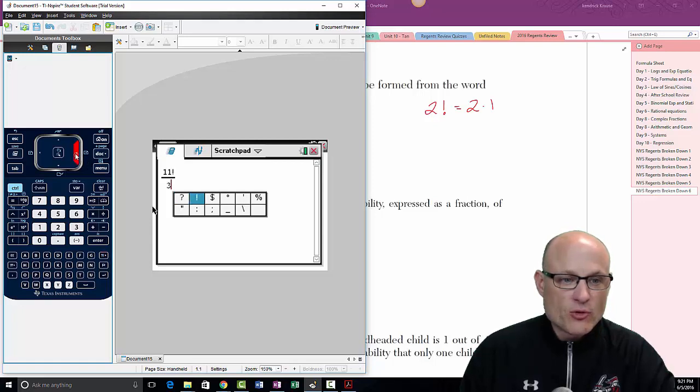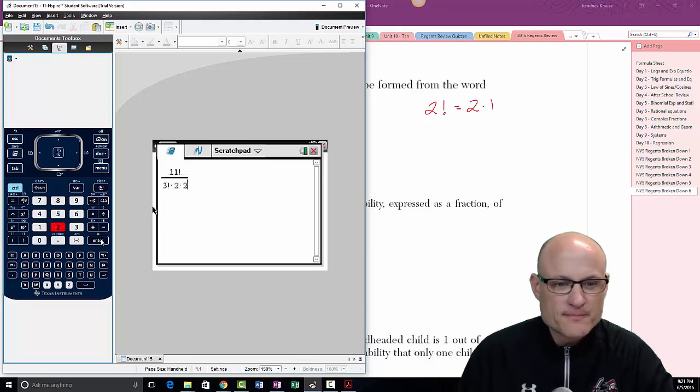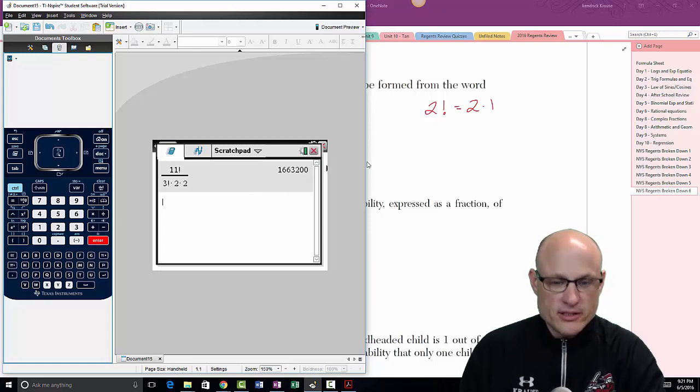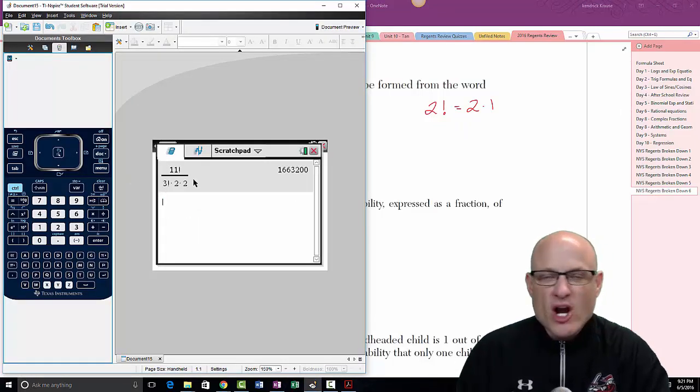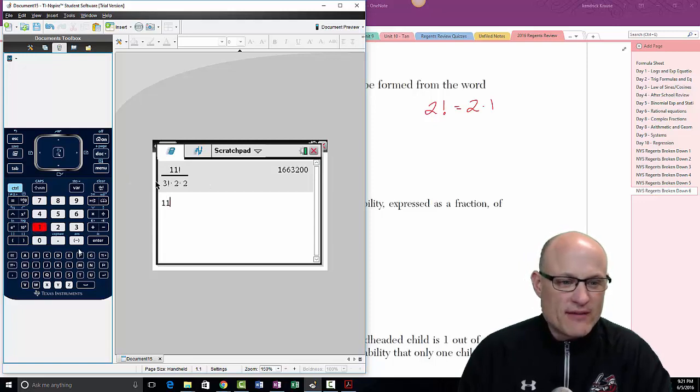See, I'm saving myself strokes when I don't do that. Times 2 times 2, since I don't have to put 2 factorial in. You get 1,663,200 different possibilities. But if you don't start with a fraction and you just start with 11